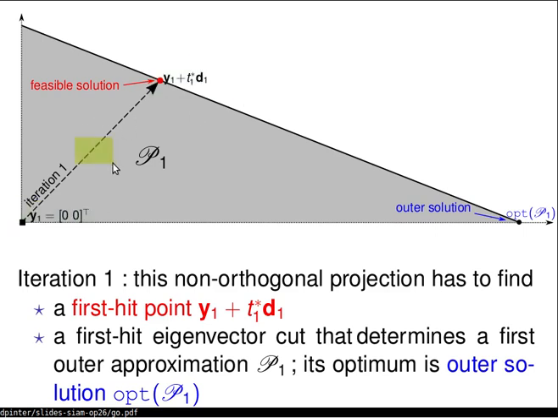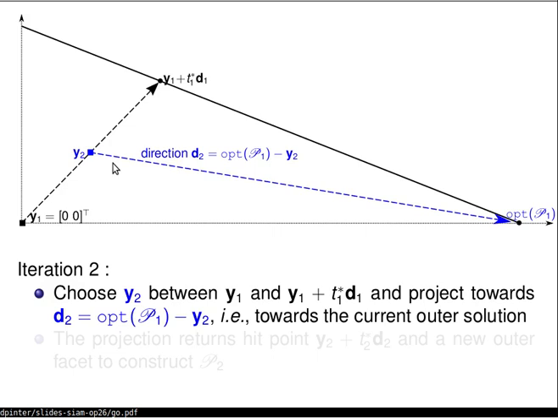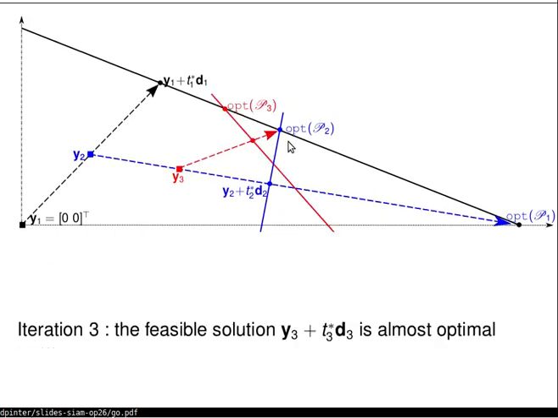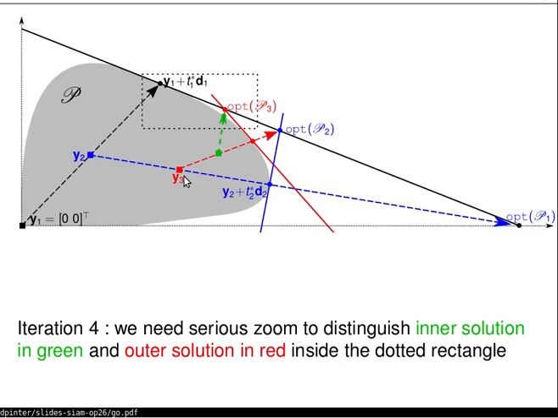Let's take some guy in the middle, and let me shoot towards the outer solution. Like you see in the figure, this will identify a new eigenvector cut or a new facet of my room if you want. A new point, a new feasible point, a new outer point. I repeat the operation and I will separate the outer point by projecting. I already found y1, y2, y3 which are interior solutions. And let me now project towards opt P3,